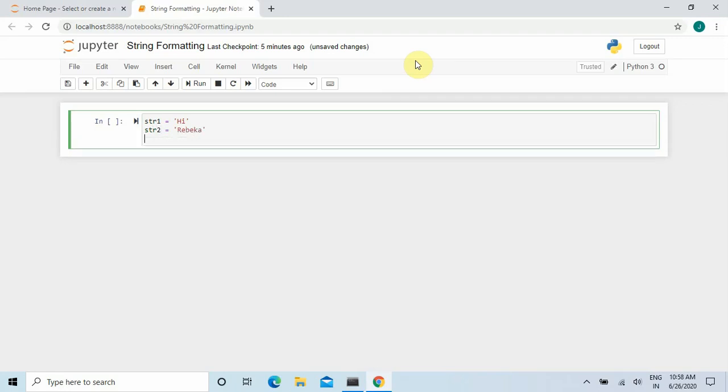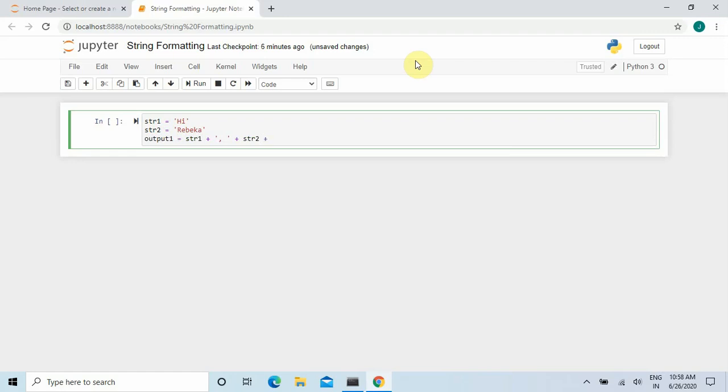Now I want to print, so this will be the output as str1 plus, I am giving a comma in between hi and Rebecca, plus str2